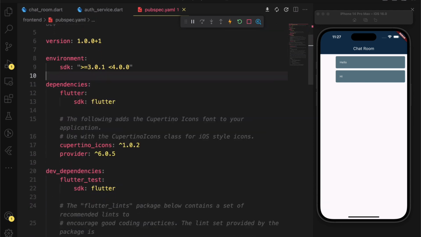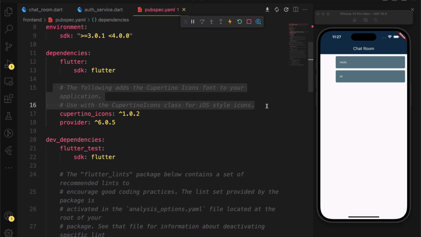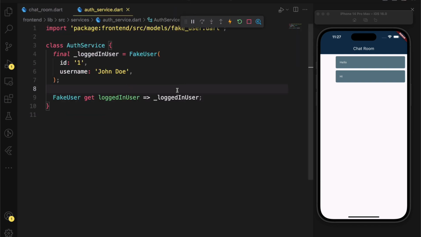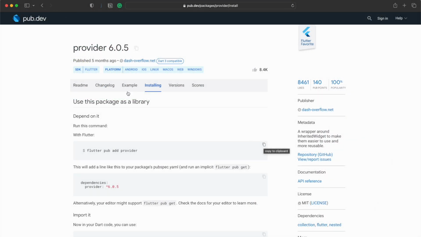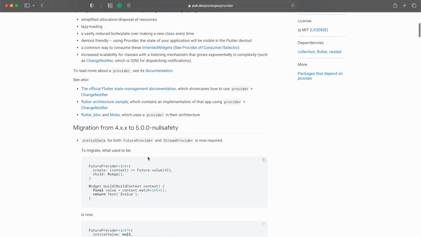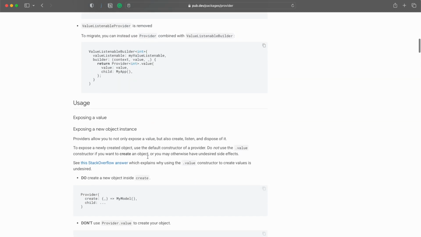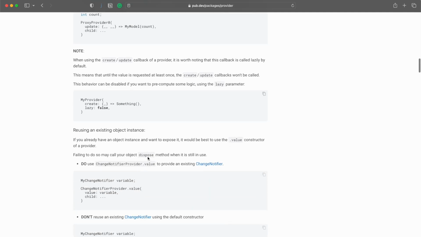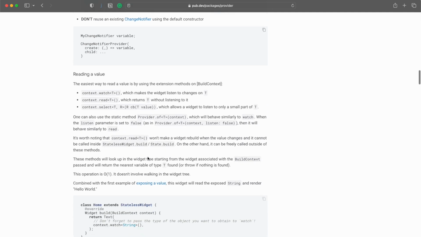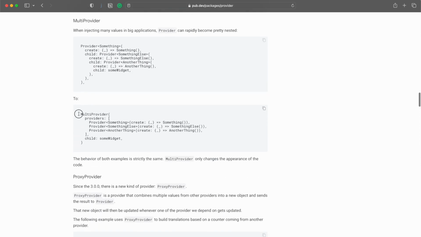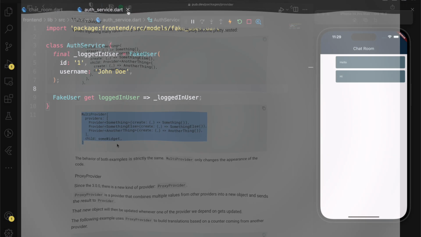I'll just remove a couple of these comments to clean up the code a little bit. I'm not going to take off all the comments, just a few of them. And now you can see the package that we installed. That is exactly what we want, and it's perfect. You can compare the versions. So let's head over to the README section of the page again and see what we need. I'm going to scroll down to the multi-provider, but I suggest that you read through this documentation properly. Don't worry, I'm going to make a new video on how to use this package.